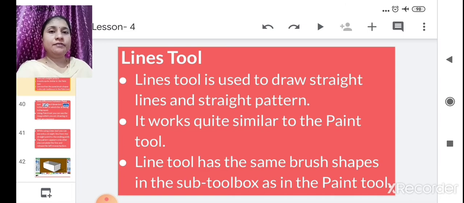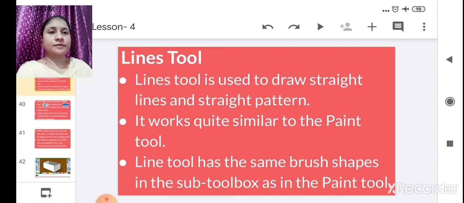Till we drag the mouse from one point to another point, we cannot see the pattern which is going to appear. Only at the end can we see the straight line from one point to another point, after releasing the left mouse button. In the same way the lines tool is used in TuxPen also.